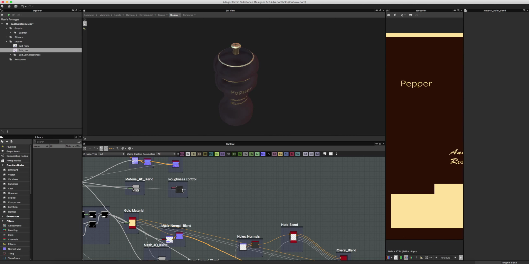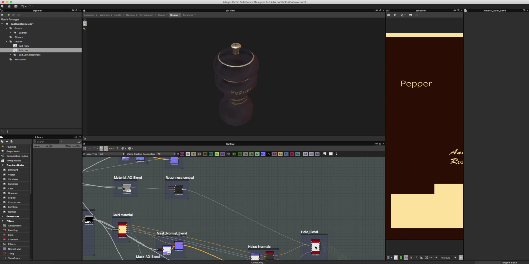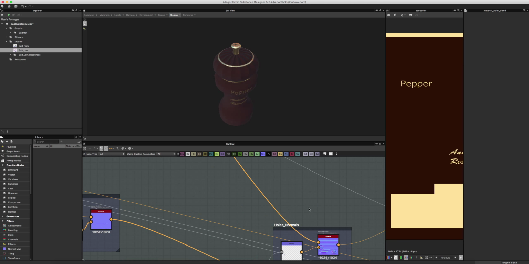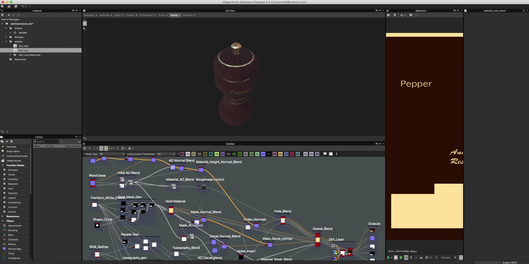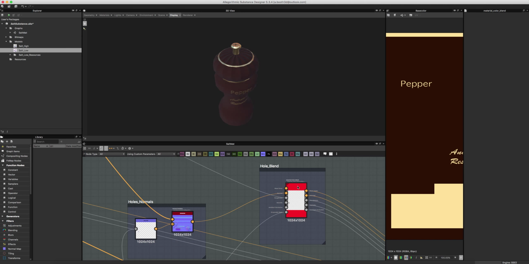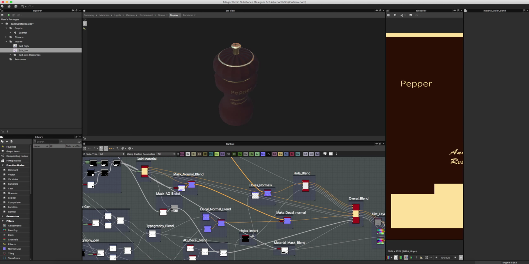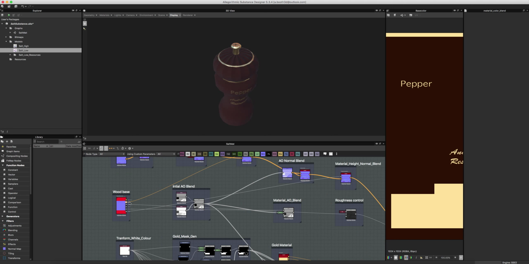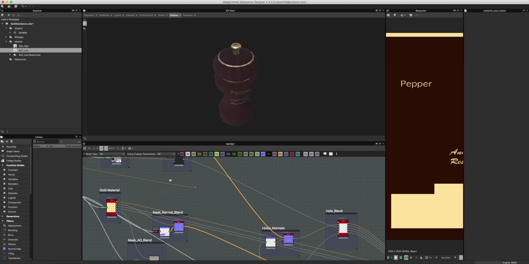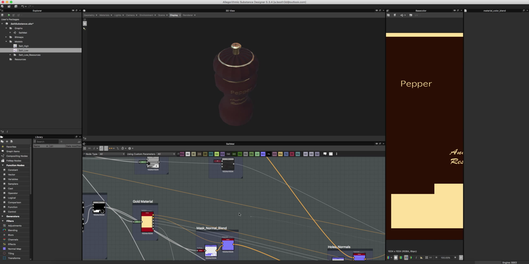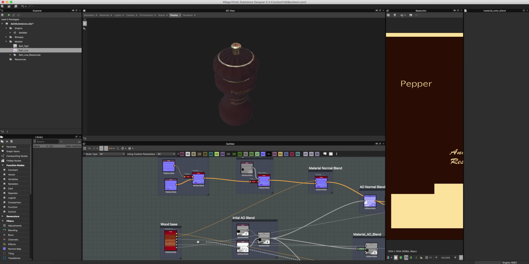And then reconnect the roughness. Reconnect the normal map, and then from here I need to reconnect the base node, which is located here. So just click and drag it along to reconnect it. Same with the metallic, just click and drag it to the metallic,